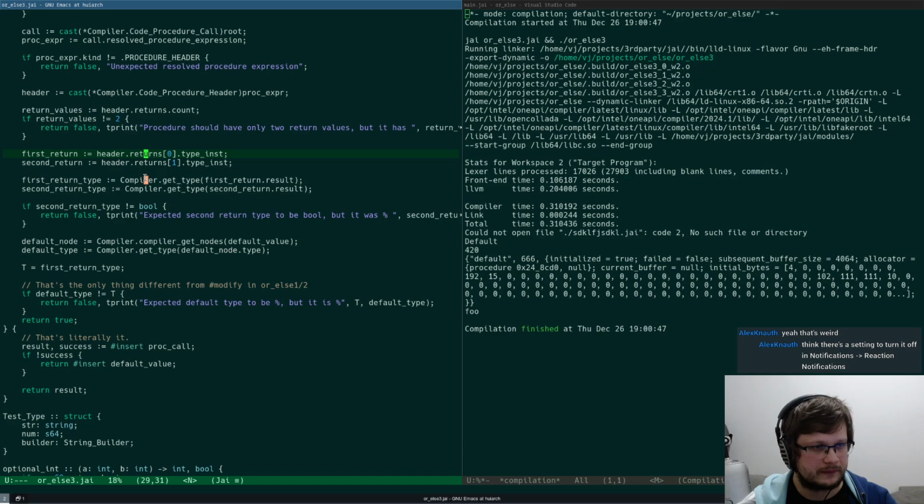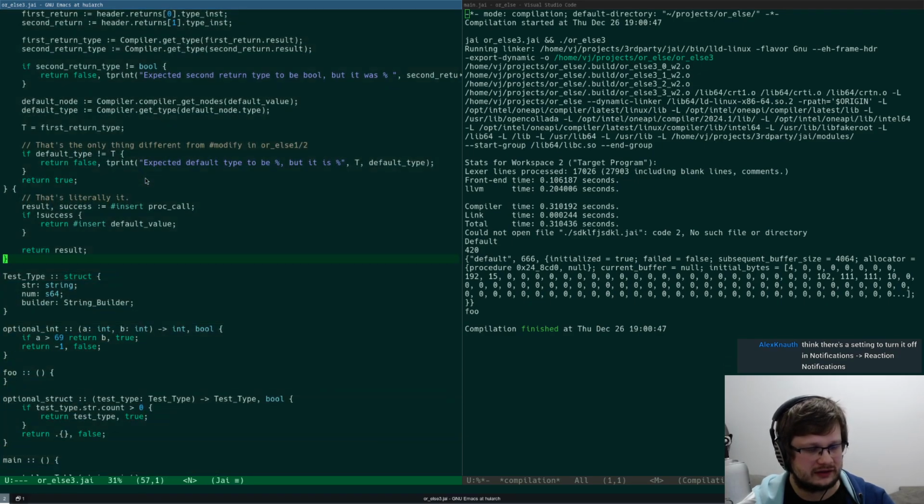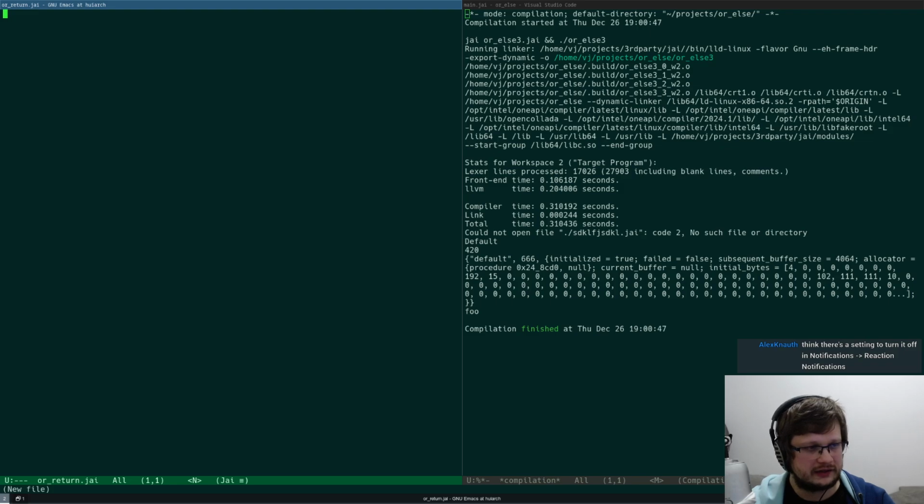But yeah, so what I was talking about is that yesterday we got this or else macro down that automates else branches, right? And today I'm going to try another variation of that, which is or return.